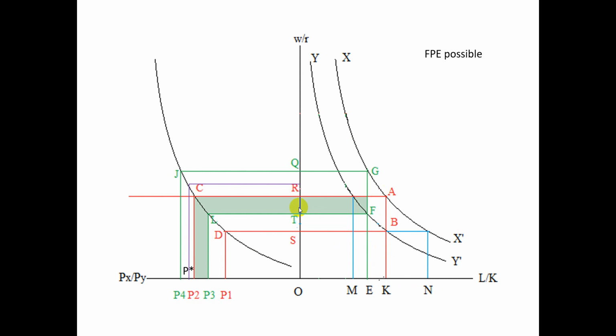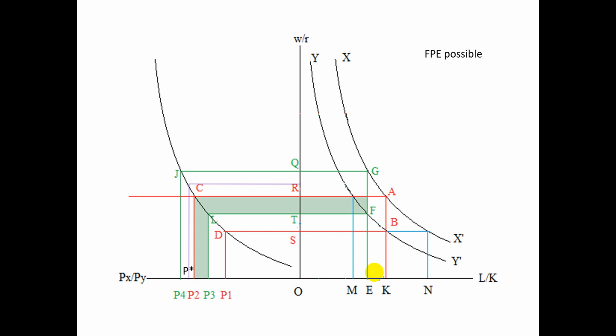RS. So RS is the factor price zone. Similarly, P1, P2 is the commodity price zone. Now consider country B. So let's assume that its endowment is given by E, which is lying in between M and K. Now that is an assumption. You can consider some other range also.